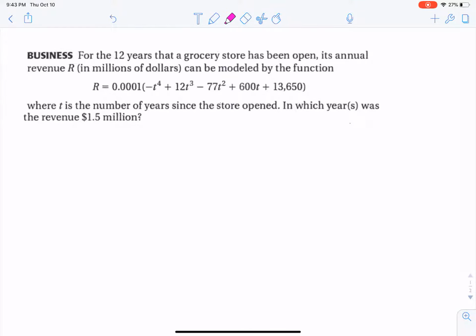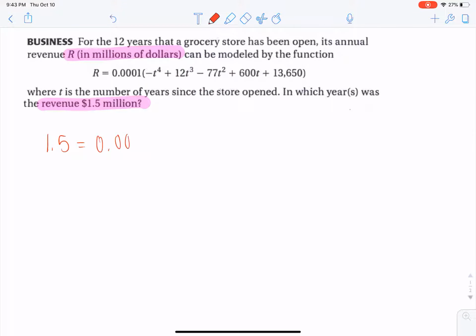So this is giving us an example of a revenue here, and I know that my revenue is represented here for R in millions of dollars. So I'm just going to go ahead and substitute in 1.5 into my function. So minus t to the fourth plus 12t cubed minus 77t squared plus 600t plus